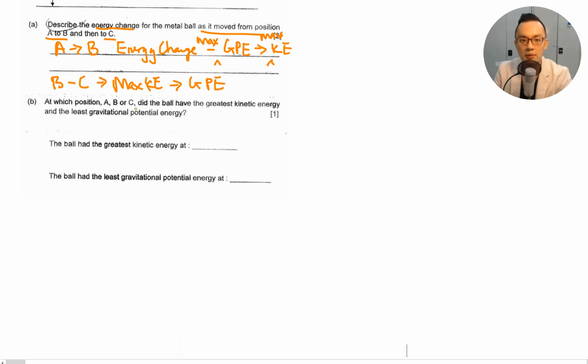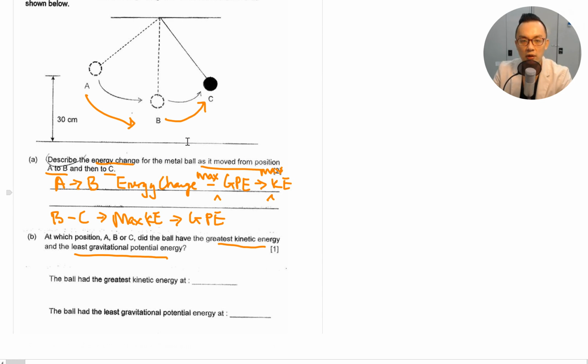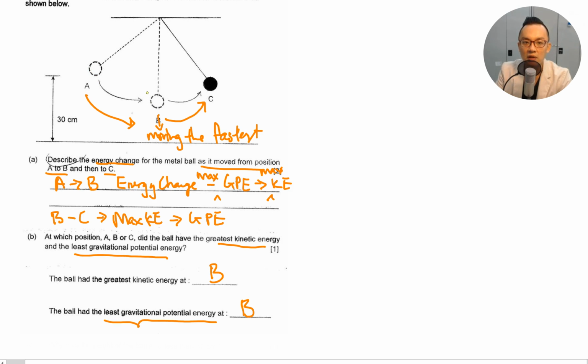At which position A, B, or C did the ball have the greatest kinetic energy and the least gravitational potential energy? So if you look at the ball, the greatest kinetic energy is at B, because this is the point where it is moving the fastest. Least gravitational potential energy is also at point B, because all the GPE has been converted into KE over here, so it has the least